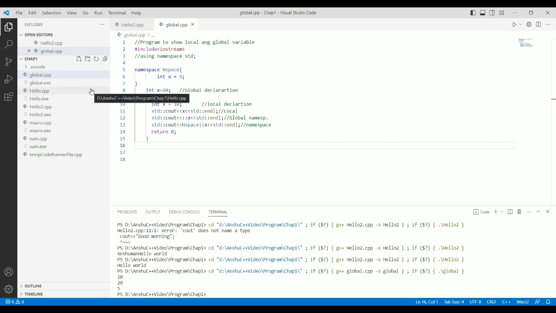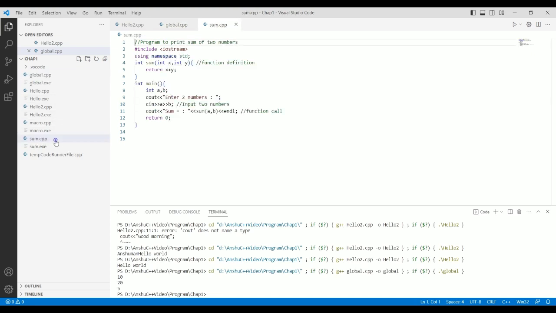Then you can also have functions, as I told you, user defined functions. Let us create, we have that program. Now this is a simple program. We have created a user defined function sum that will be adding two numbers, and these are the two numbers. Now in order to execute this program, there is a very important thing that you should be aware of. You have to first go to settings,